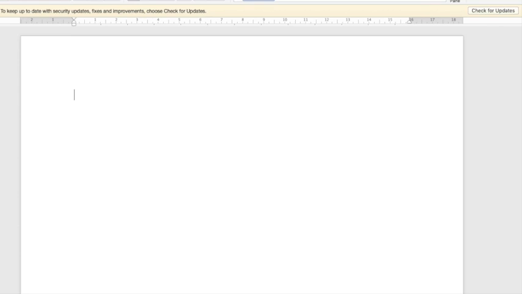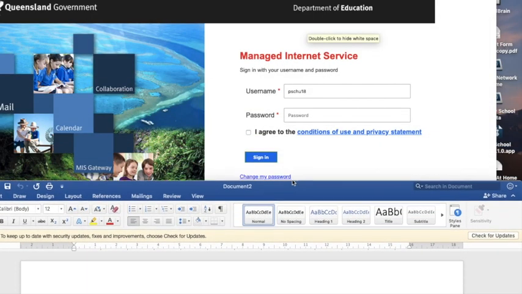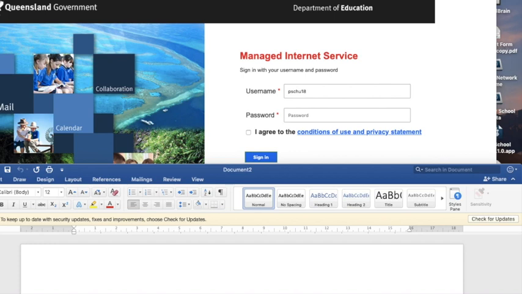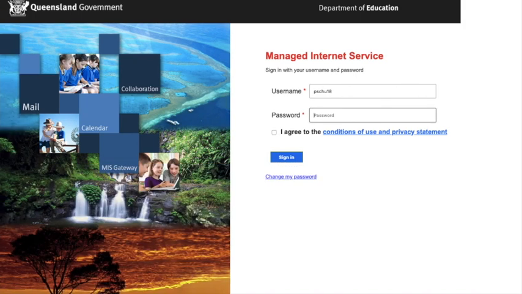It seems as though there is a lot of traffic going to the Springers Learning Hub this morning, and some parents may be experiencing difficulty and seeing an error such as server is busy, in which case try refreshing the page, which would be the little circular arrow there on Google Chrome. Sometimes it's placed in the search bar over here. And try and load the page again. And if it doesn't load, take a break, go get a coffee, have some lunch, and try again a little later on. Please be patient.